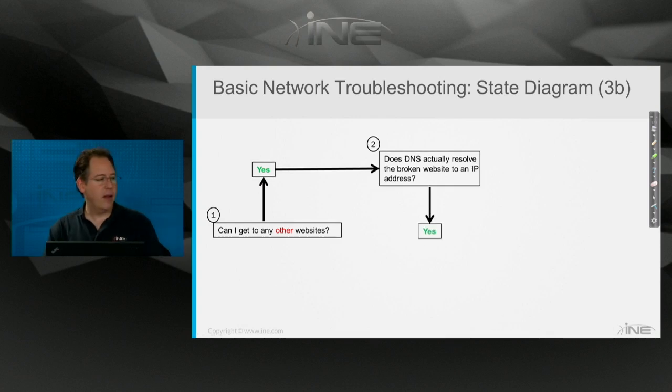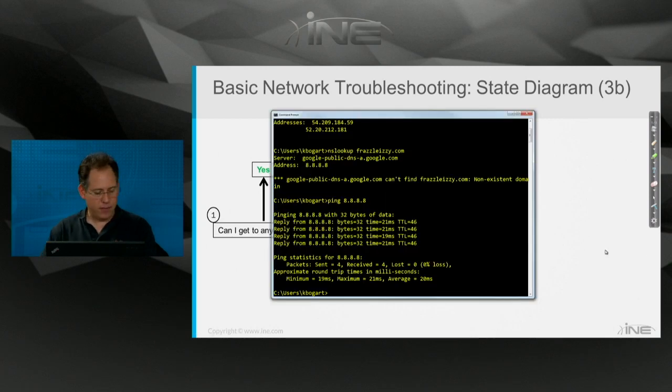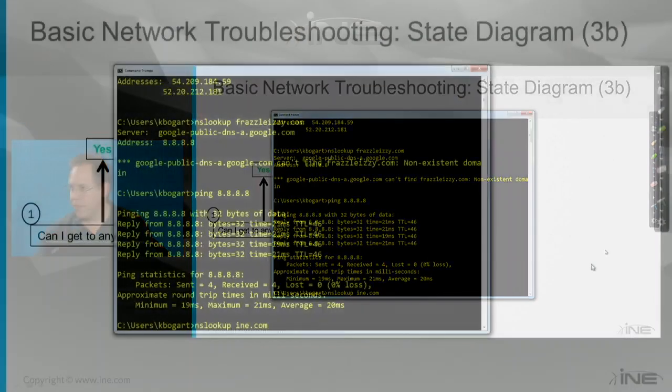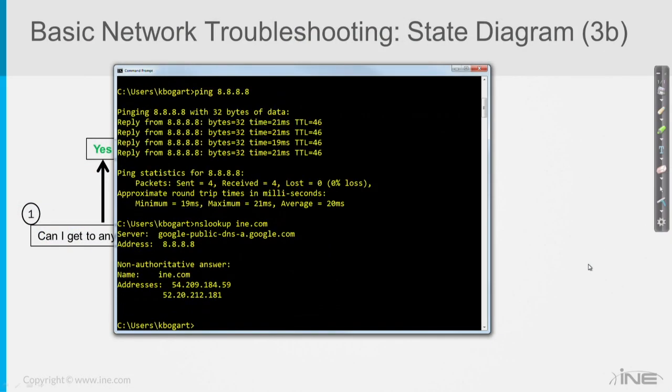So let's say I am able to resolve the broken website to an IP address. I'm trying to get to ine.com and yep, it worked. NSLookup ine.com. And sure enough, I got a couple of IP addresses. So DNS is working. Now, before I leave this,